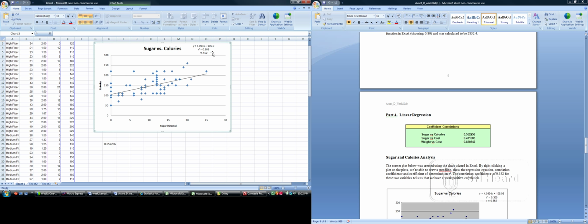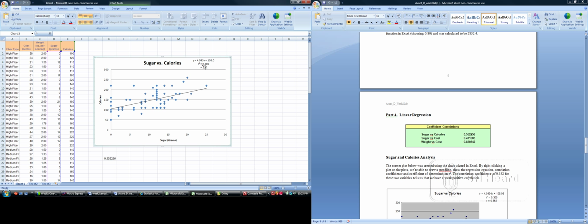And then when you get closer to 0, it's weaker and weaker. So I would say probably 0.25 to 0.5 is weak correlation, and below 0.25 you're really getting into a gray zone where you've got to look at your graph. All right, we did sugar versus calories. Now what I would like to do is show you a little trick. The next thing I'm going to look at is